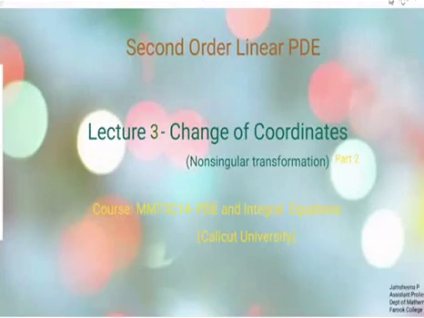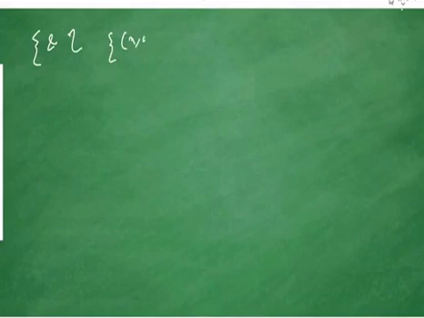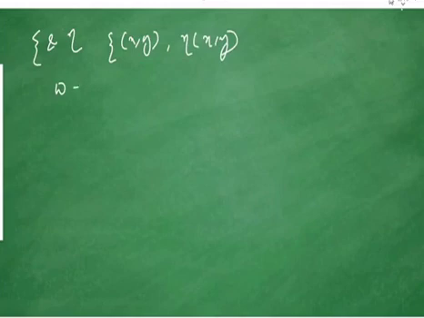Hello all. In this lecture, we will continue the proof of Lemma 3.3. The lemma says that the type of a linear second order PDE in two variables is invariant under the change of coordinates. For that, we have taken the new coordinates as theta and eta, where theta and eta are functions of x, y, and we have taken the transformed function w as w of theta eta